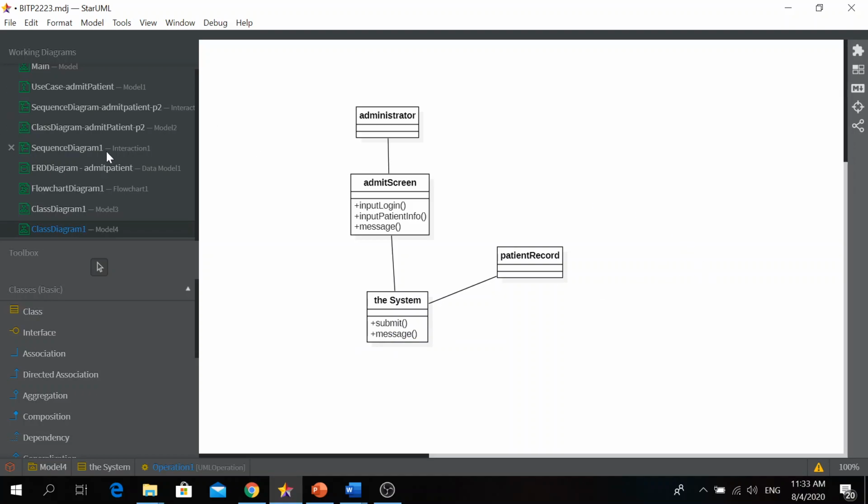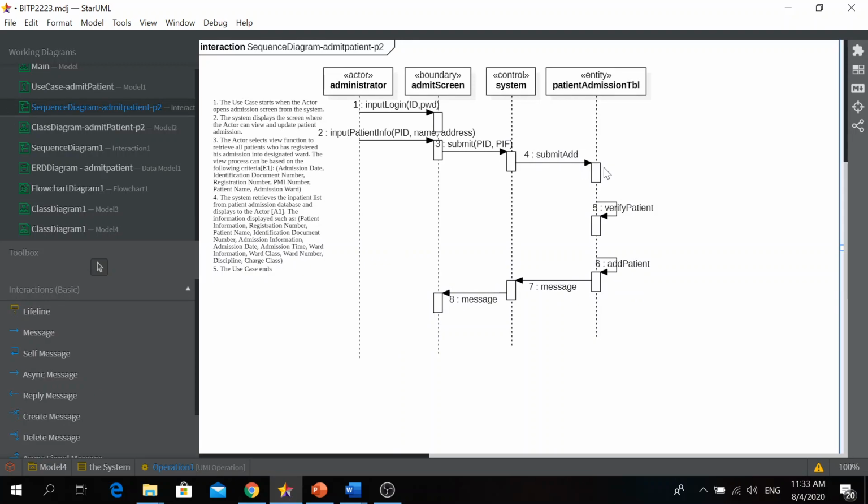Then look at the patient record. What are the operations? Okay, there are a lot of operations going to patient admission. Submit, add, verify patient, add patient. So these are the three candidates for the operations for patient admission.